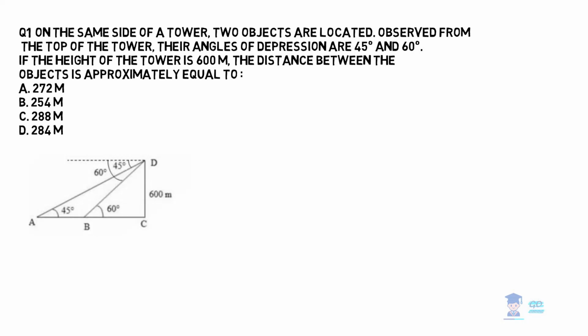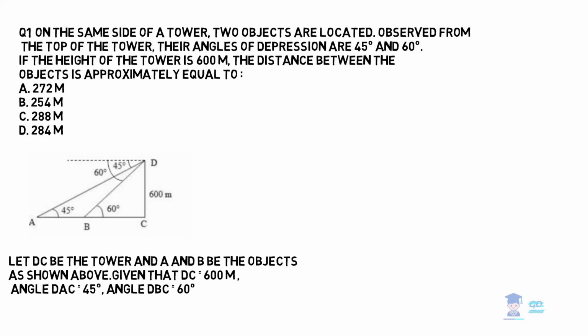DC is the height of the tower, right? The angles of depression are written as angle A and angle B. They are called alternate angles. You can see the line AC and the dotted line are parallel, so these are alternate angles and they will be equal, right? So we know two things. We want the adjacent sides of both triangles so that we can find the distance between point A and B. So I am taking the first small triangle.